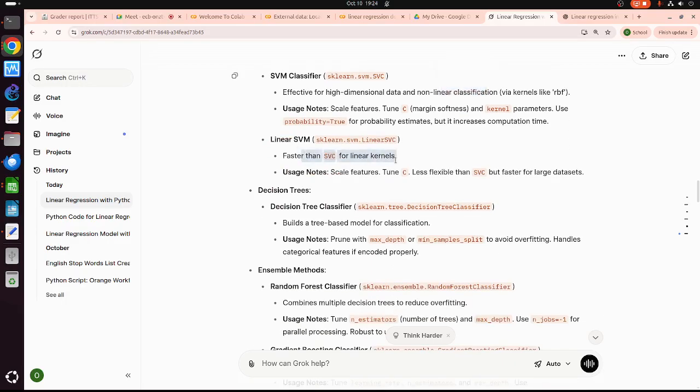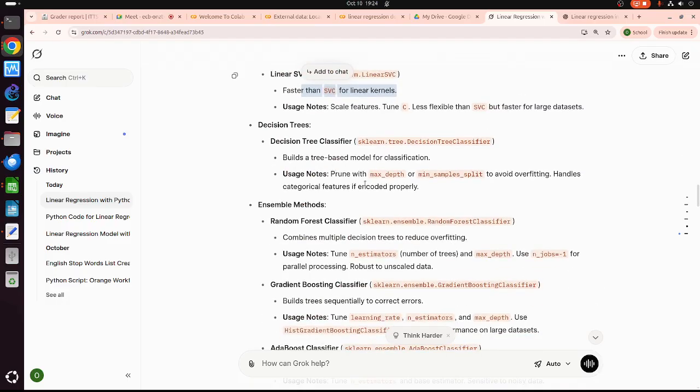This one is for linear. Decision tree is good, especially for decision support systems. I normally use this one, decision tree. The other alternative, maybe, is random forest.